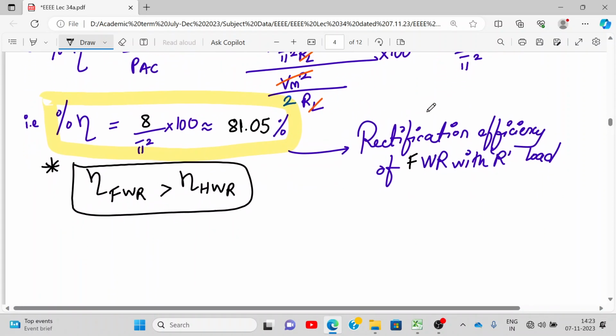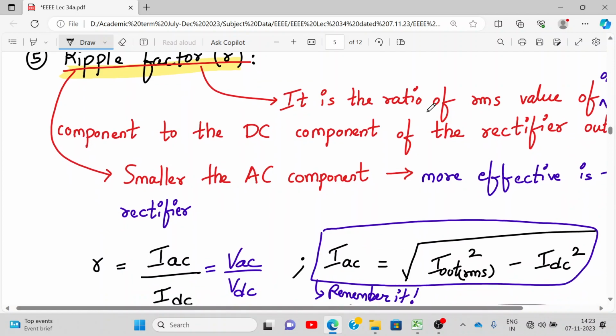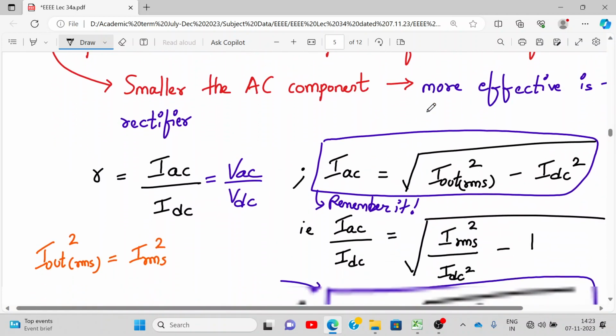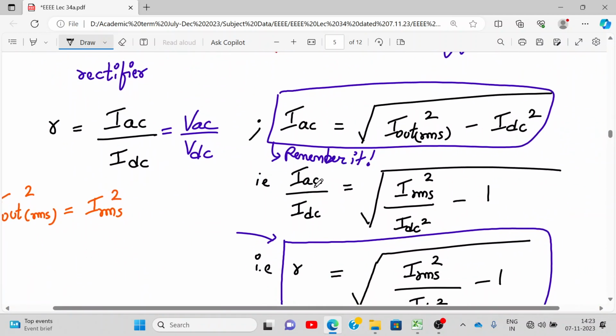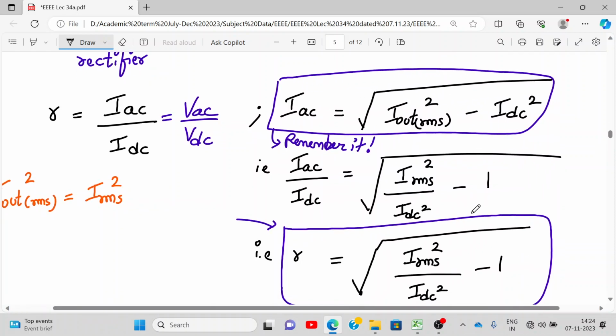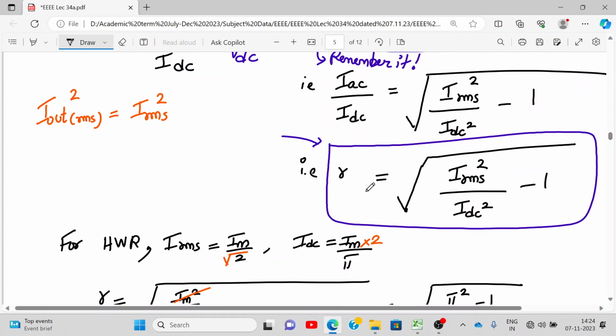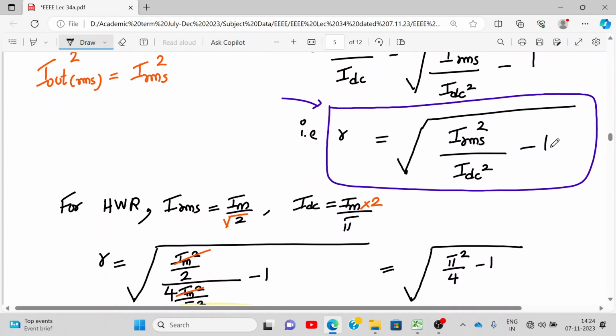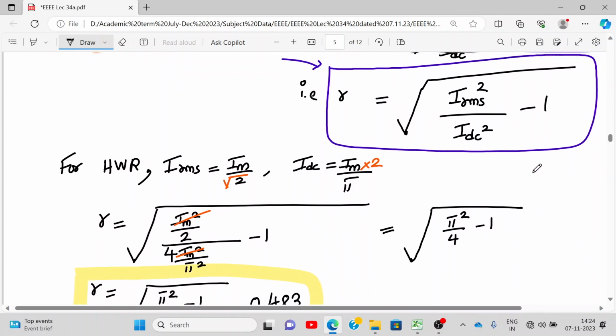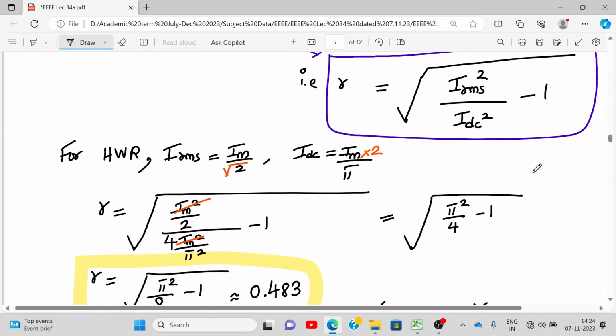Completed? Now next, ripple factor. Its definition we did last time. And you remember we have written this formula: IAC upon IDC, square root of IRMS square upon IDC square minus 1. This will be the common formula for all the derivations. So here, our ripple factor will be square root of IRMS square upon IDC square minus 1. Write this down. And for a full wave rectifier, we can write